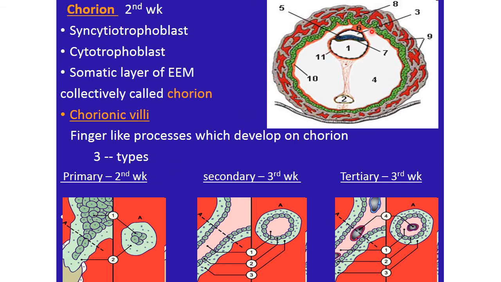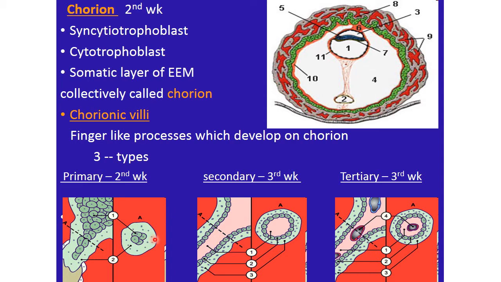When there is only the projection of the cytotrophoblast into the syncytiotrophoblast, the diagram is like this. This is the projection of the cytotrophoblast into the syncytiotrophoblast. This is the syncytiotrophoblast layer and this is the column of cells in a finger-like projection into the syncytiotrophoblast. This is called the primary villus. And when we take the cross-section of this particular structure of the primary villus, we see a central core of cells formed by the cytotrophoblast, and outer to that is the syncytiotrophoblast.